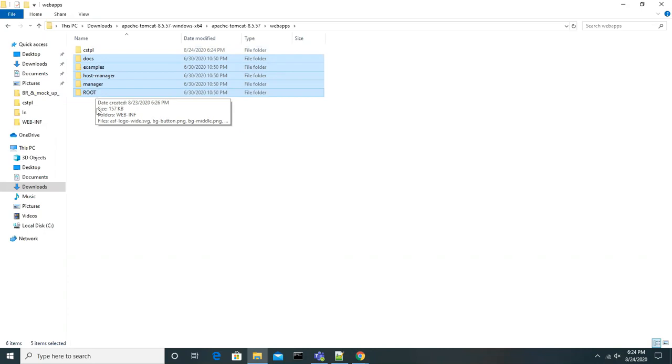These are all sample things which they already created and kept. Along with that, under the webapps folder you can deploy a number of applications. We just created one application, and that project name is the CSTPL application. That application we deployed under the webapps folder. They already created some applications and kept them under this same webapps folder, guys.